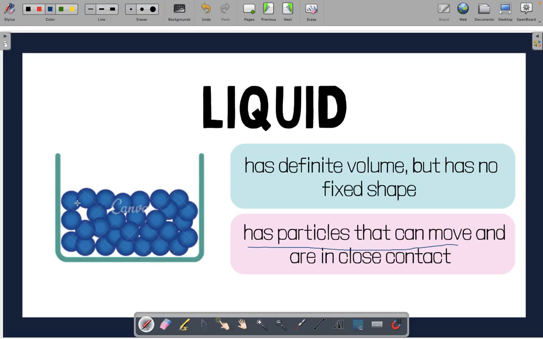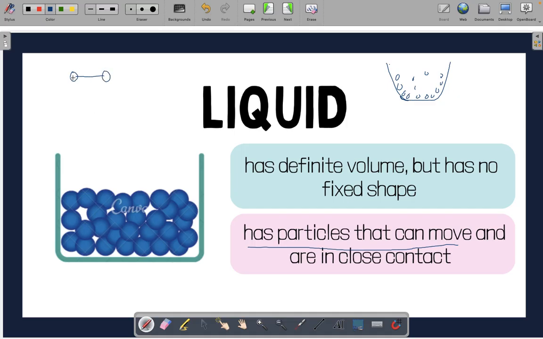So if you have this container, and then you take a container like this, if you pour water from this container to this container, the liquid will change its shape like this. So from this to this, it can change its shape. But is it possible with a solid? No, sir. No, it is not possible with a solid because they are attached, so they are not allowed to